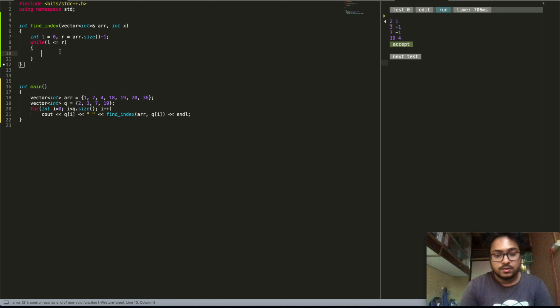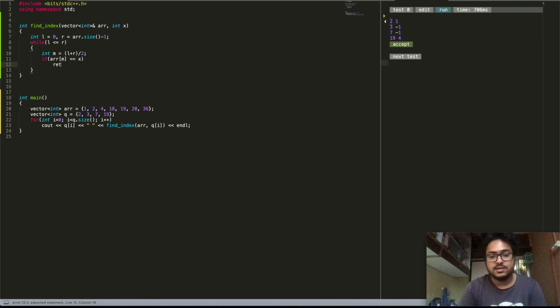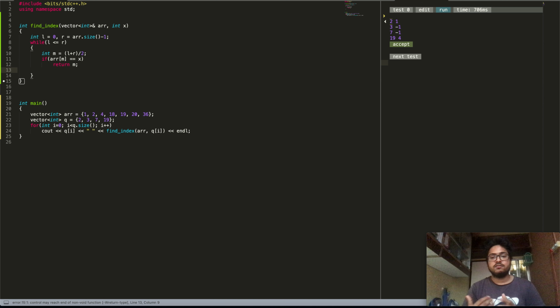Alright, now how do we actually reduce the size of the search space by 2 at the end of each iteration? So to do that, we actually compute the mid element of the search space, that is (L + R) / 2. Alright, now that we have our mid element, we do some checks on the mid element to actually eliminate a part of the search space. Alright, so let's see how we do that. So the first check to do is if ARR[M] is equal to X, that is the target value. In that case I can just return M over here. This will be our index that we are looking for.